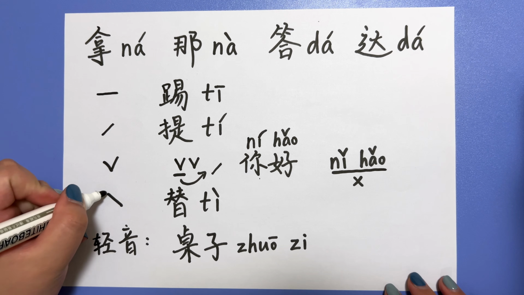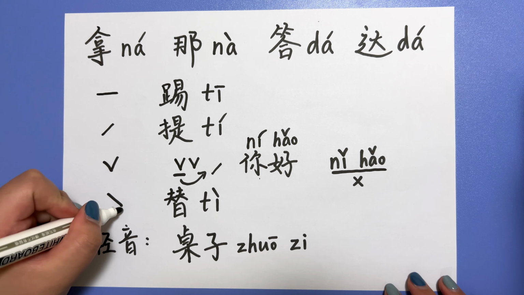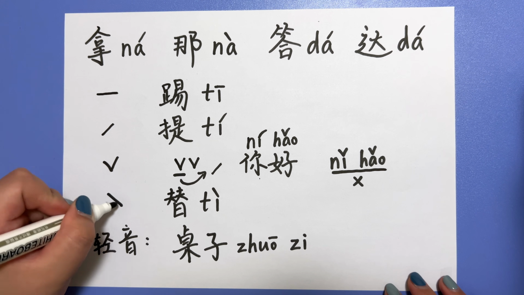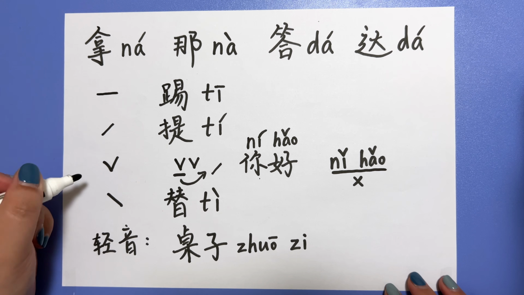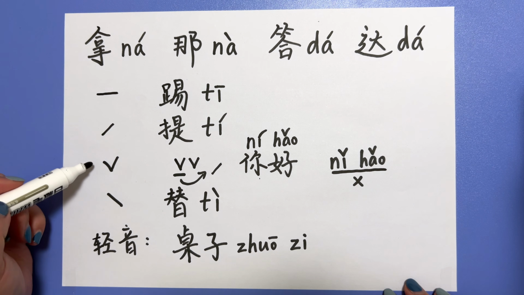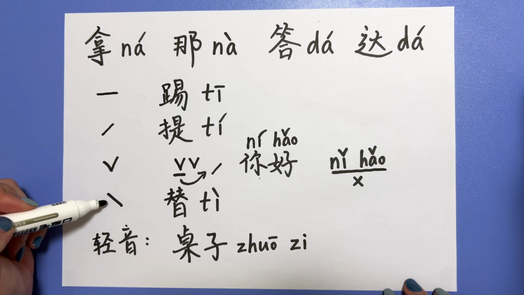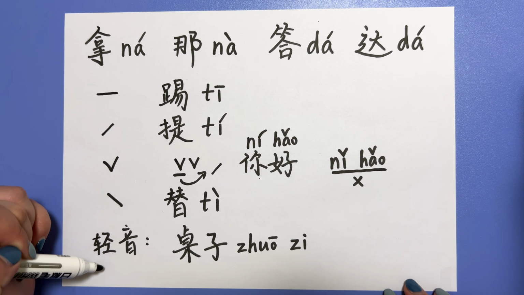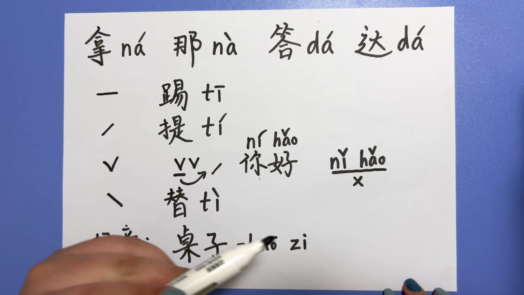It starts from a high pitch to a low pitch, so it's a falling tone. So the first tone is high, the second tone is low-high, the third tone is low, and the fourth tone is high-low. And for the neutral tone, you can just remember that it's like